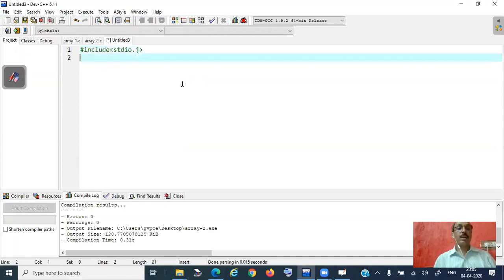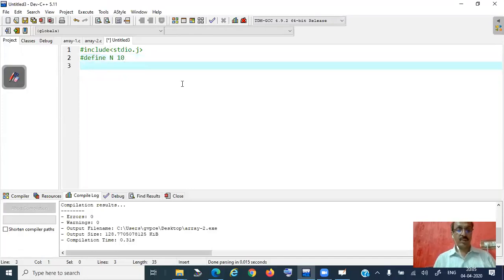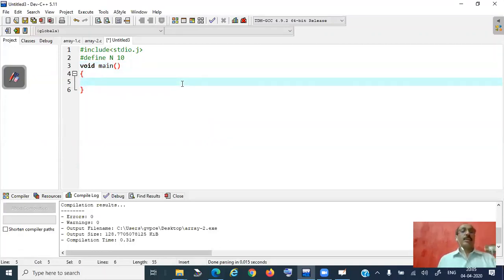stdio.h, and we have defined the value, #define, and let us say for easy sake I am writing 10, and later on we'll modify to some other value. void main, and then right. Now what are the variables I want? I want to have int i, and I want to have an array of n,